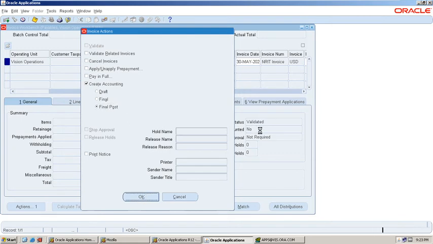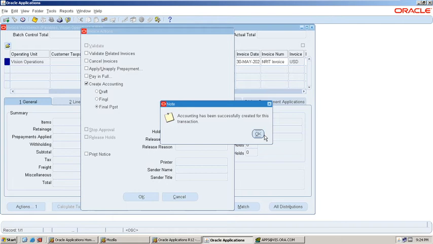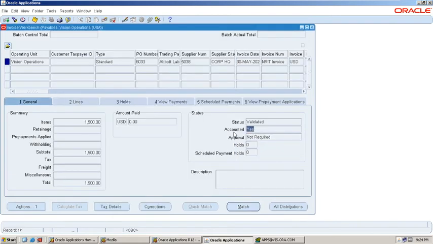Here the accounted status will also change from no to yes. Accounting has been successfully created. Now see the accounted status showing as yes.